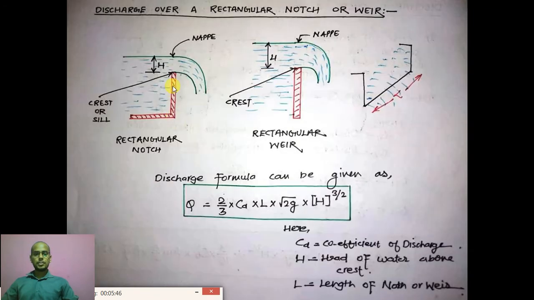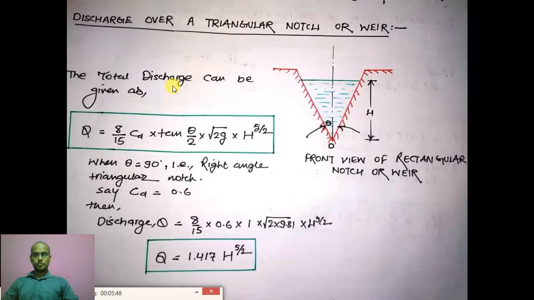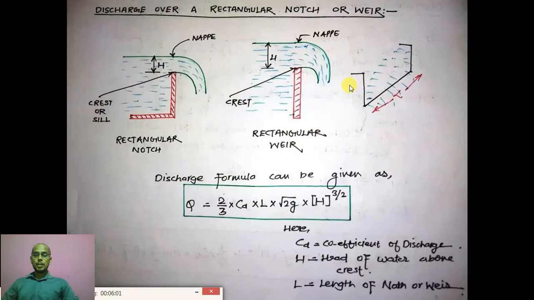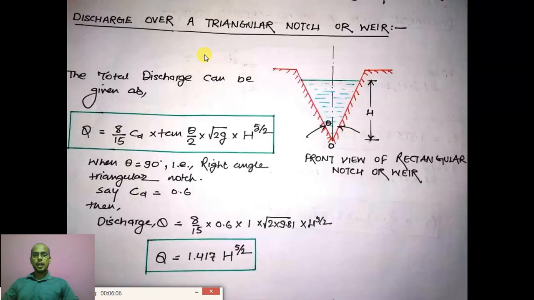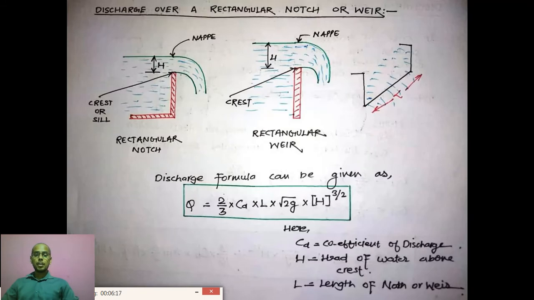So in the triangular section, you can see this is my section. As you can see, the section is triangular and water is flowing through it. But when we compare the rectangular section and this triangular section, you can see one thing very well: here we are getting the front view of that particular cross section, that notch and that weir. Here you have seen the front view of this notch or weir, whatever you are going to derive here.